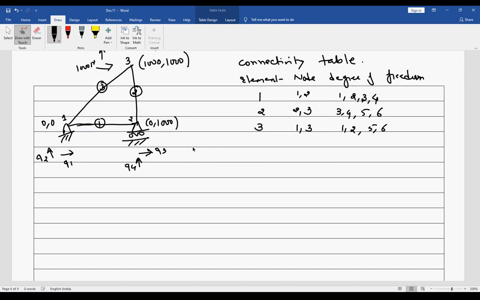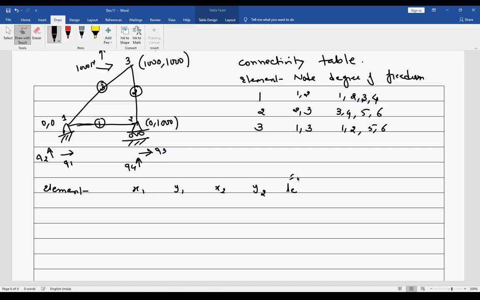Now I have to prepare a full table of all cos and sine. So I use this space. Okay, so element. I will have x1, y1, x2, y2.